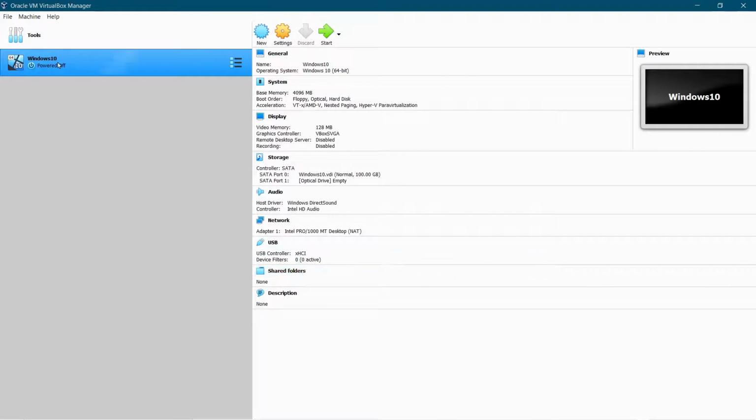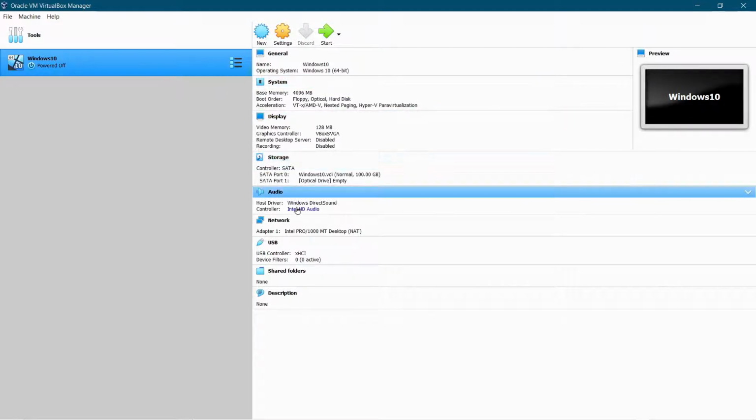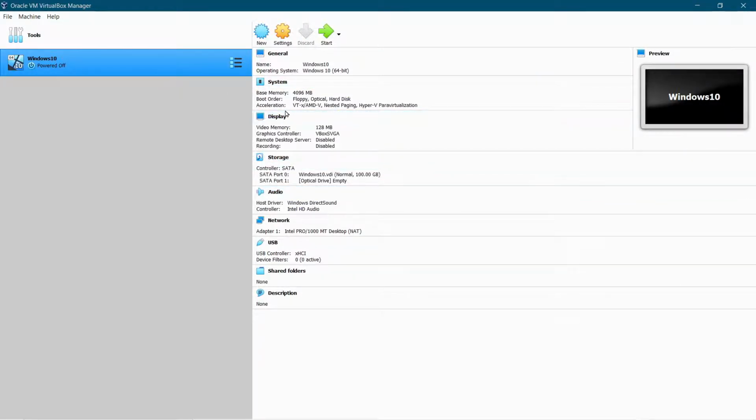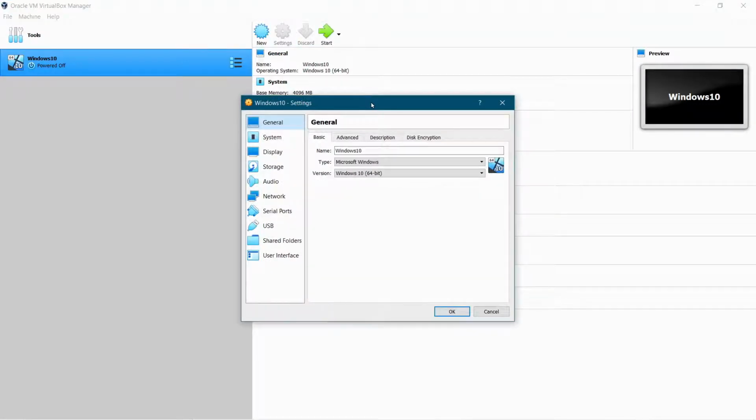And here we go. We have our virtual machine shown here on the left. It says powered off at the moment, and over here we can see the settings for it. Now we still have to change a few settings, so let's have a look first at the general option. Actually, we'll just click on the settings button up here. Okay, so now we can see that under General, the name is Windows 10, the type is Windows, and we've